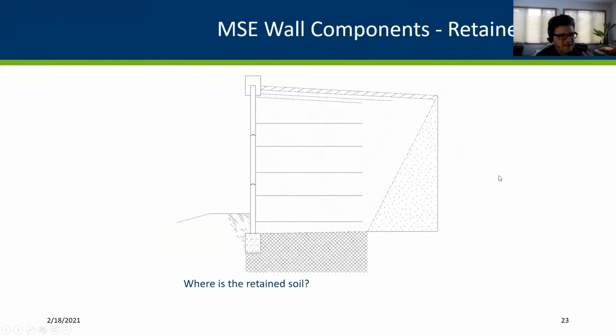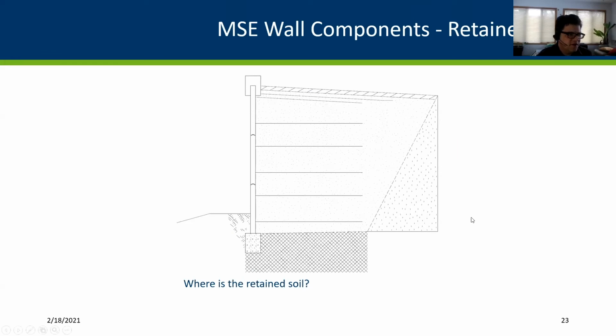So one question I ask, and I know that no one's unmuted, but just think briefly, what part of this, from this discussion, what part of this would be considered then our retaining wall? What is the mass and what is the retained soil? So I'll give everyone a moment to think about that.